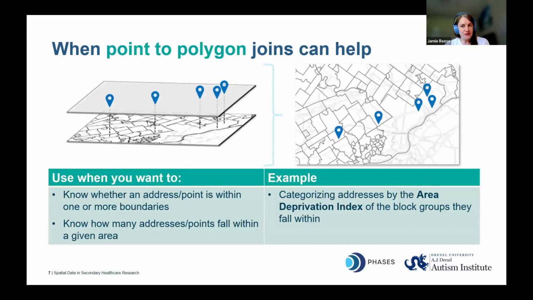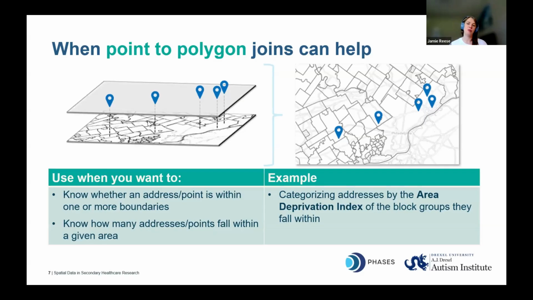There are a few different types of spatial joins. One is joining a points layer to a polygon layer. You can think of this as having a map with boundaries drawn on it that you then add pushpins to, which will then tell you what boundaries those points or addresses fall within. So the visual here shows you the blue pins are randomly generated addresses, and then the gray lines are municipal boundaries, Philadelphia and the surrounding area.